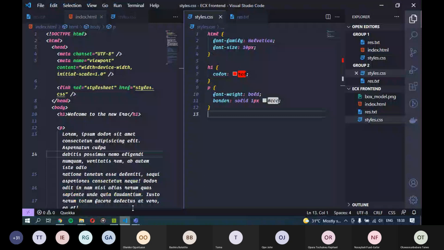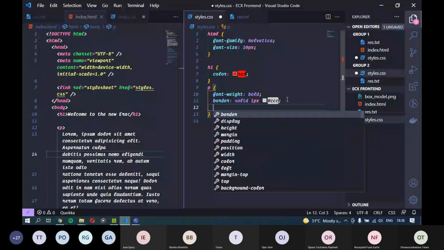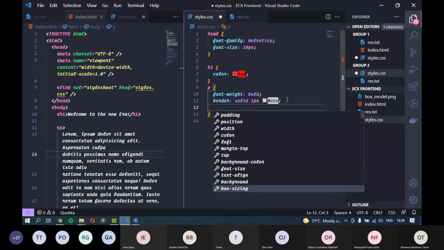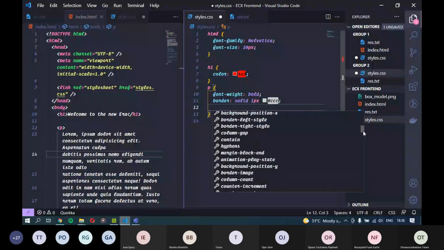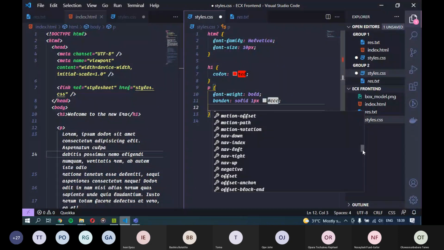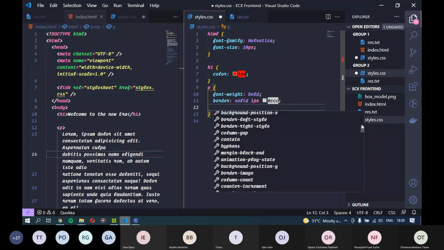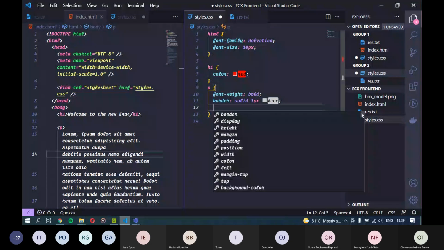So basically styling is just taking a property, an attribute that you want to change the value of, and giving it the new value that you want. There are a lot of things that you can style, a whole lot. Look at the list here, the list is exhaustive. As we go further, next week and in other classes, we'll dig into most of the other attributes that we can style. We also have padding, we also have margin.